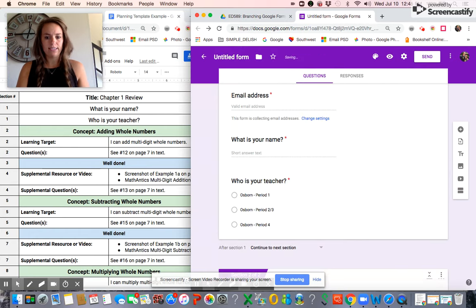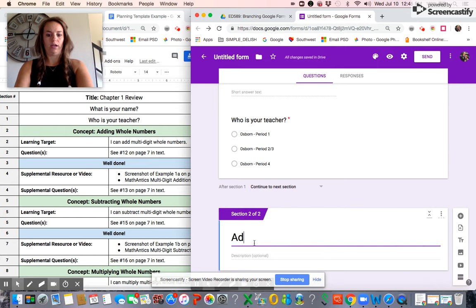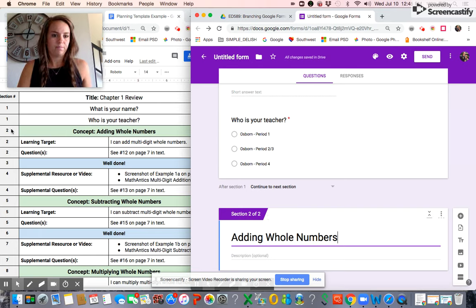I'm going to create my section, and I'm going to call it adding whole numbers. Now you'll see when I clicked that button down here, if you hover over it, it says add section, but it's just 2 lines, 2 thick lines. It kind of looks like an equal sign, and it creates a section 2 of 2. So as you can see, that aligns with my section over here. And then I'm going to add a new section,